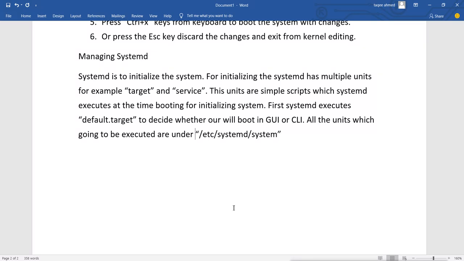So all the units which are going to be executed are located under this directory. So all the files, all the units which are going to be executed are located under this directory, and they are there as soft links.